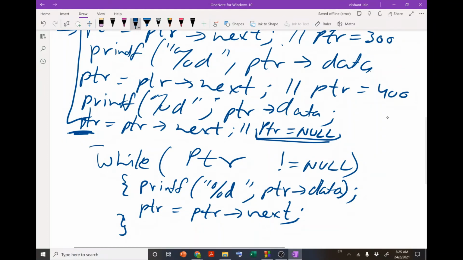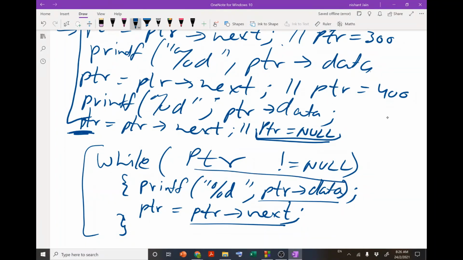So we are going to execute this thing: if ptr is not equal to null, then we are going to print the data, and then we are going to update the value of ptr. Once the value of ptr becomes null, it means that we are at the last node, so we cannot go to the next node. In that case we should come out of the loop.